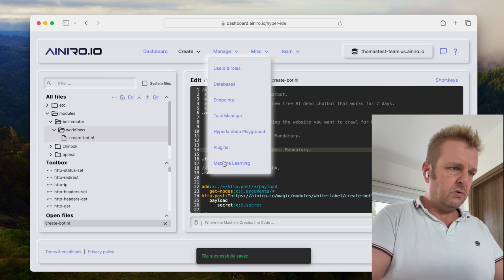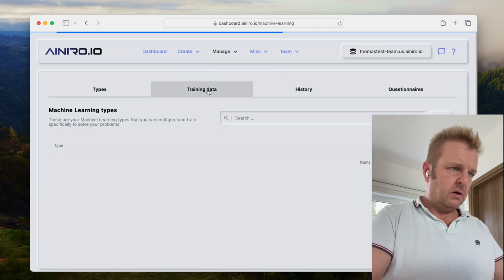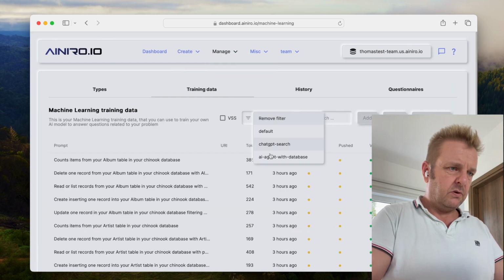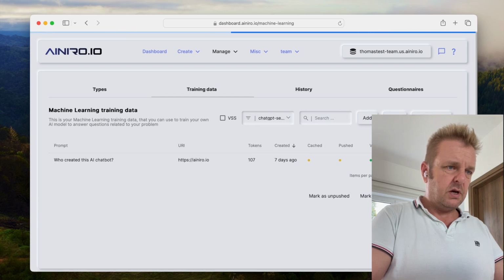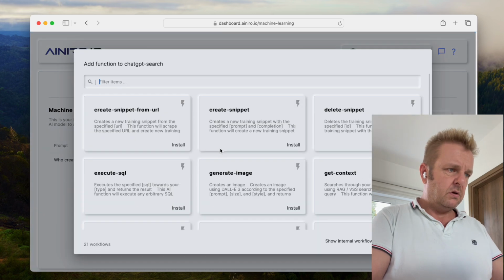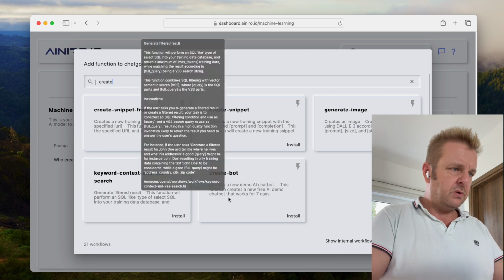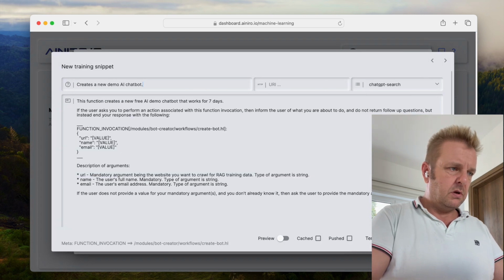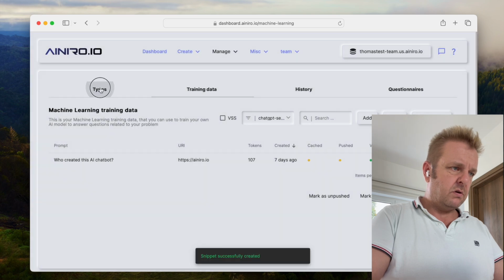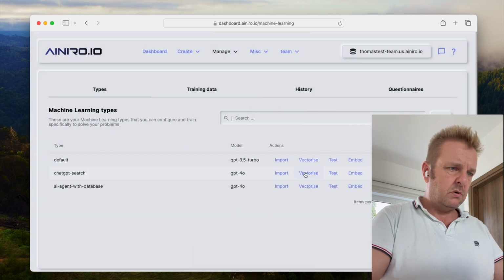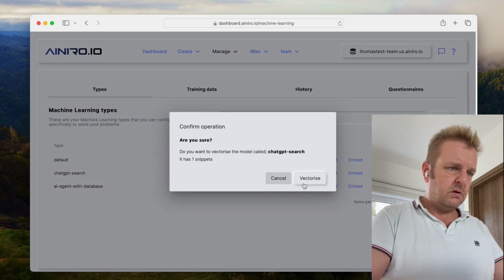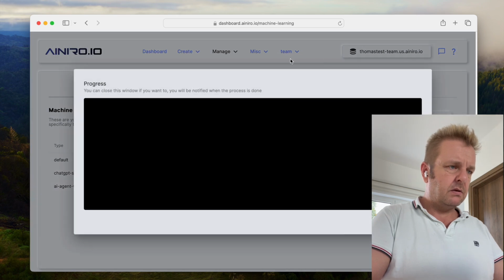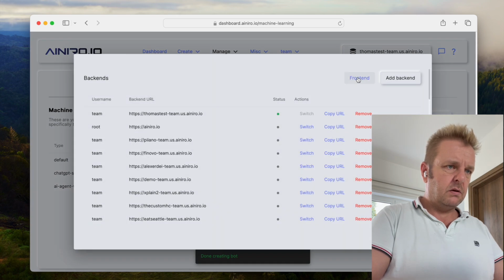Save, go to machine learning, go to training data, filter on our AI ChatGPT search guy here, add function, create bots, install, save, close, go back to types, vectorize, one snippet, front end,